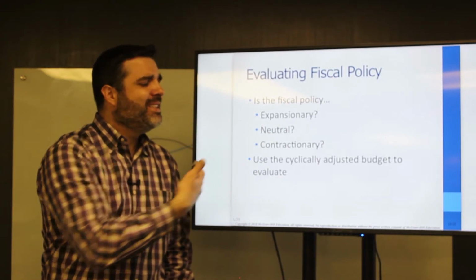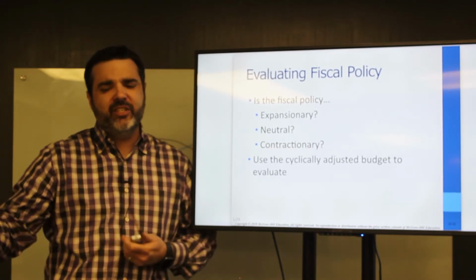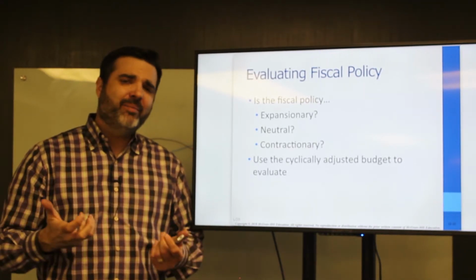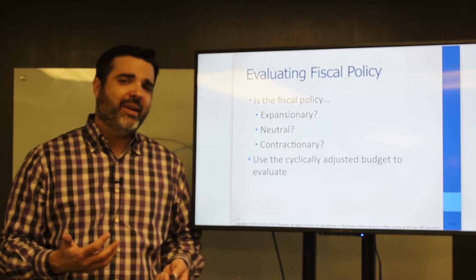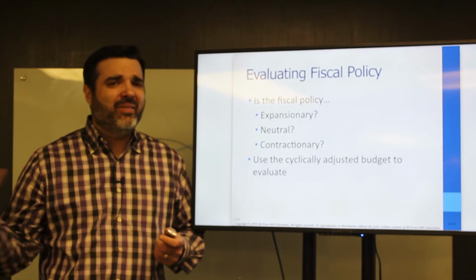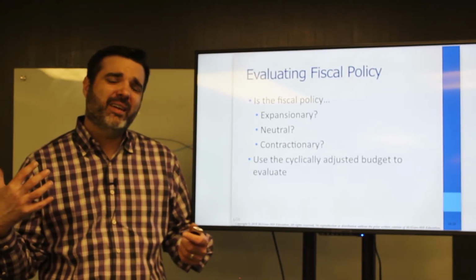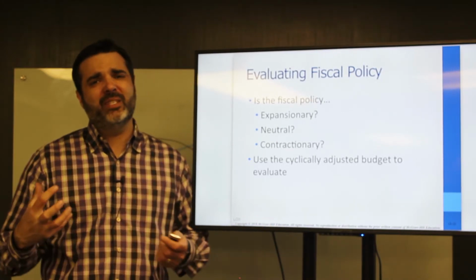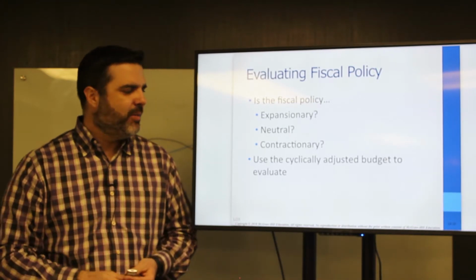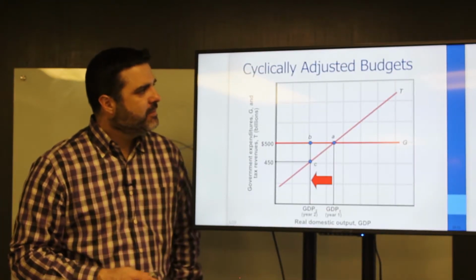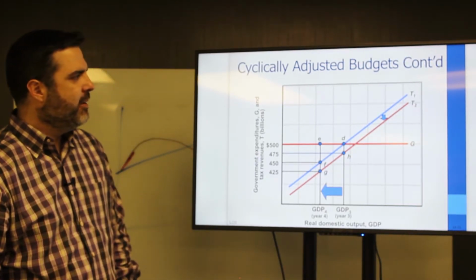What I do want you to know is that the cyclically adjusted budget is a way of taking previous years' budgets and bringing them together to compare them against each other to see what is actually happening. That's all you really need to know. It's kind of like real GDP, setting it against inflationary pressures. So it's just a way of bringing them together and comparing them on a real number basis. Here's a complicated way of looking at it that we don't care about.